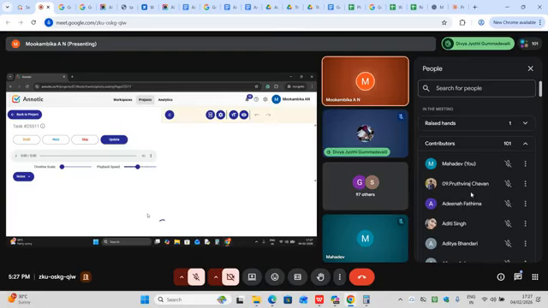Then comes the playback speed. Playback speed means if you want to increase or decrease the speed of the audio, you can use this. I always suggest that you please keep the playback speed at 1 only. Only in a few cases can you slow it down. Otherwise, if you slow it down, the word you might hear can be completely different. That's why I always tell you to keep the playback speed at 1 only.